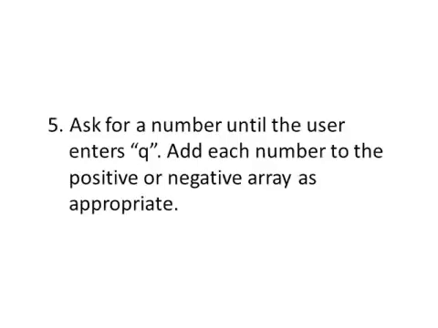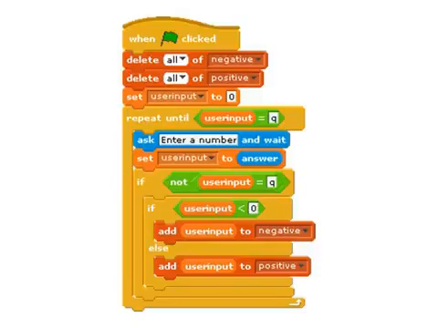This video shows a possible solution to this problem, asking for a number until the user enters Q and adding each number to the positive or negative array as appropriate. So here's one possible solution in Scratch. As you can see, it's a little bit more complicated than some of the earlier programs, but the main things